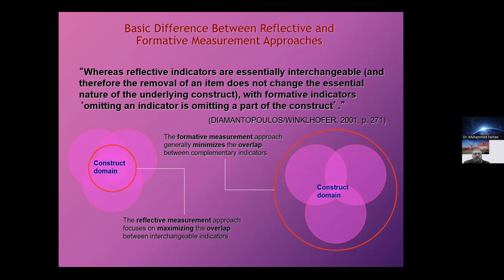If you remove this indicator, it is not going to affect the construct that much. But this gets reversed for the formative construct. For a formative construct, if you remove any indicator, this will remove a part of that construct. So it means the formation would probably be incomplete. It depends on how much that single formative indicator takes part in forming that construct. So it's very simple. Let's move on.